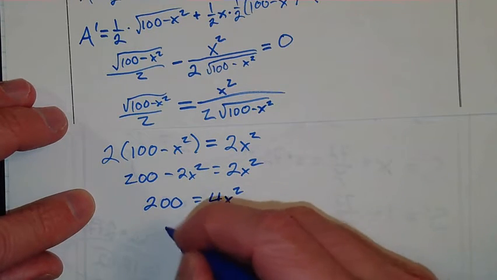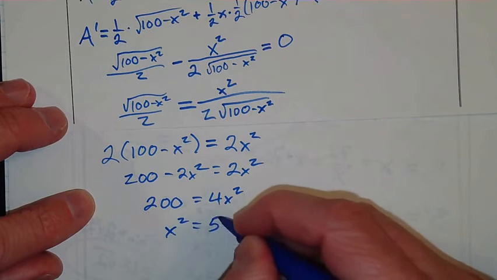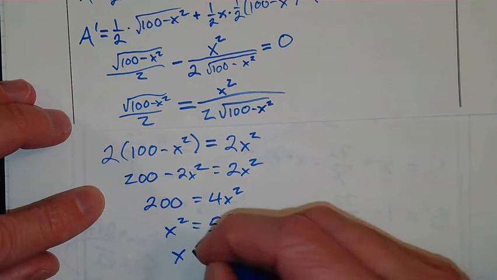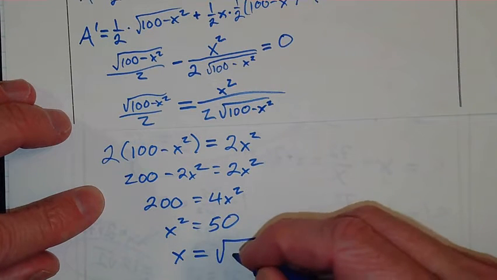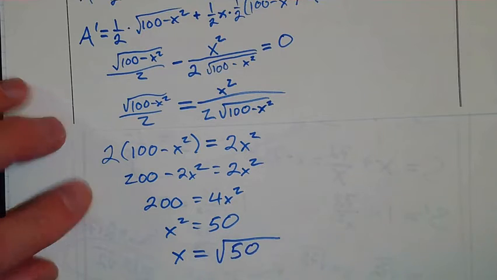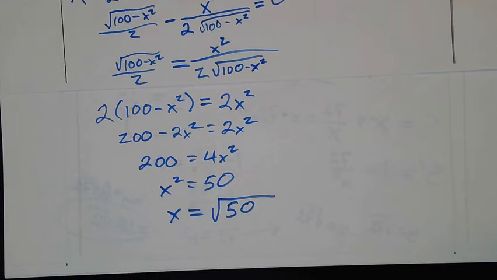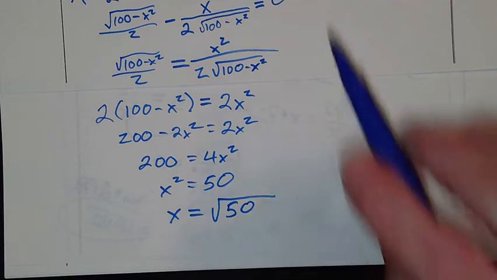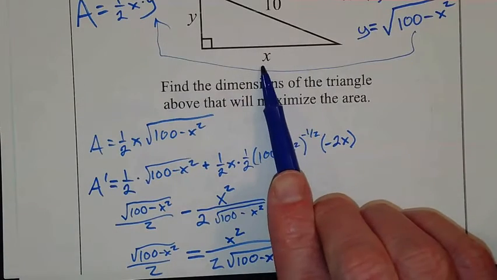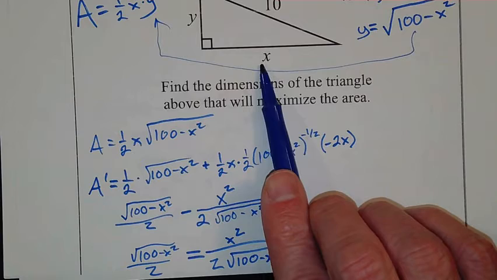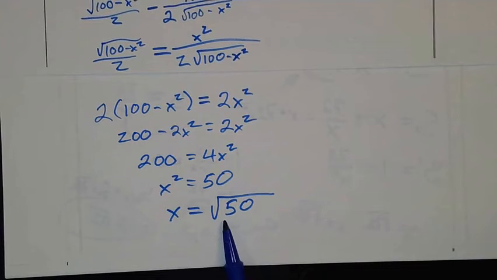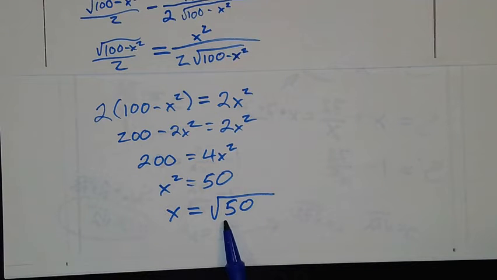Divide both sides by 4 to get x squared equals 50. So here again, I'll ignore the negative value and say that the square root of 50 is the only one that makes sense. Again, I knew it would have to be somewhere between 0 and 10 because those would be the values where I have either an unreasonably narrow or unreasonably flat triangle. And so since the square root of 50 is somewhere between 0 and 10, I feel pretty confident that it